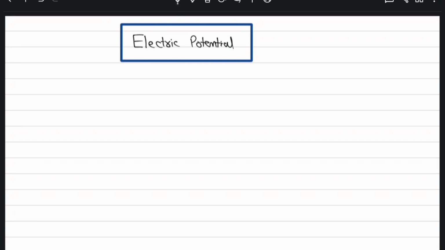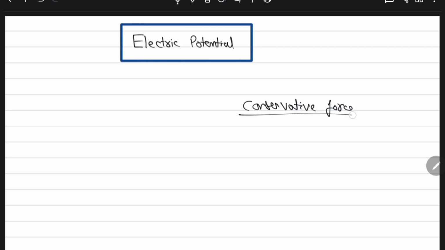I am Nipur Jain. Today we are going to discuss electric potential. Before studying electric potential, I want to give some idea about basic terminology we have already discussed, like electrostatic force and conservative force. As we already studied in 11th class, work done by a conservative force is equal to the change in potential energy. So first, what is a conservative force and a non-conservative force?